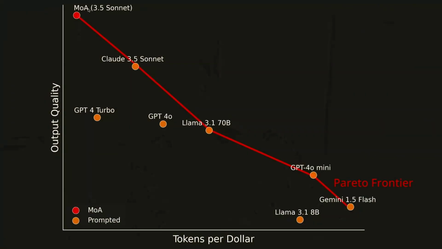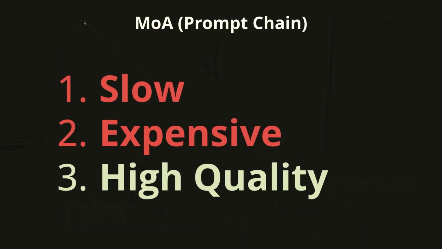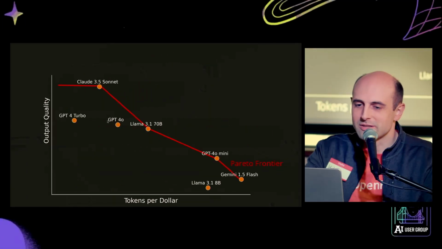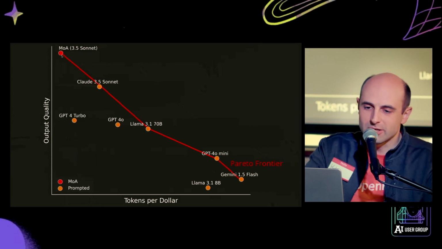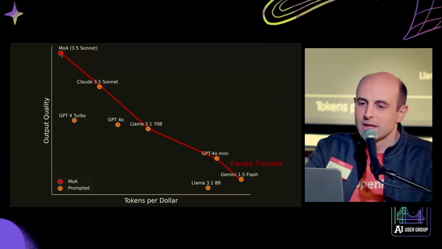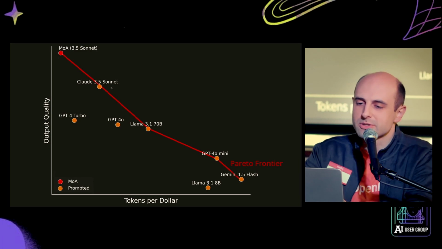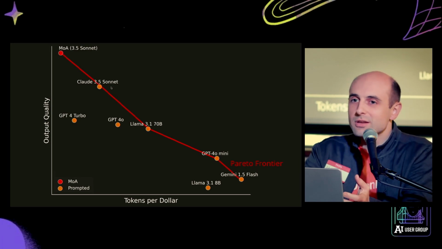And this mixture of agents approach, let's look at where this is on the graph. Again, we'll see exactly these trade-offs. It's way over here on the left. That means it's way more expensive than anything else we've got here. It's also slower than anything else, because that's correlated. On the other hand, it is the highest quality outputs we can get relative to just calling these prompt models, these base models.